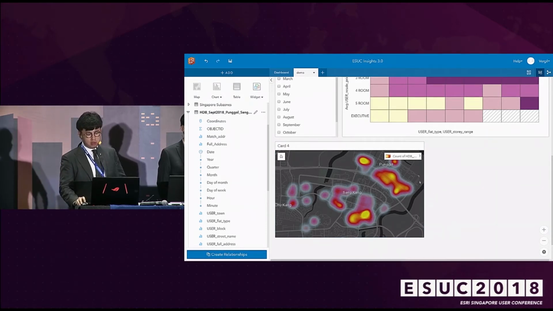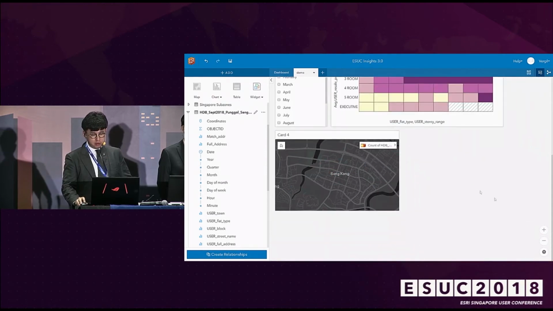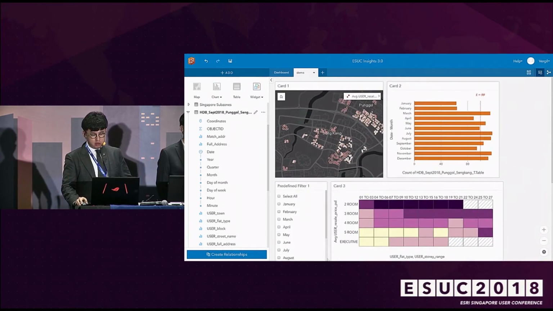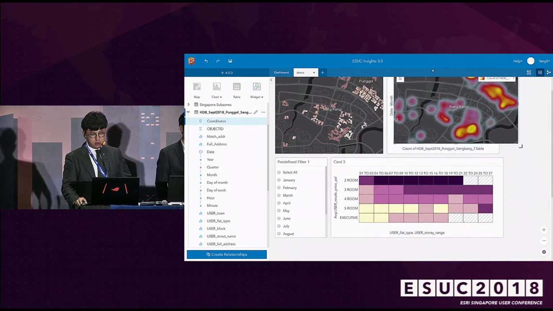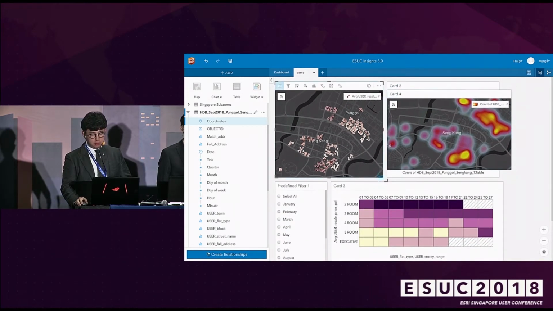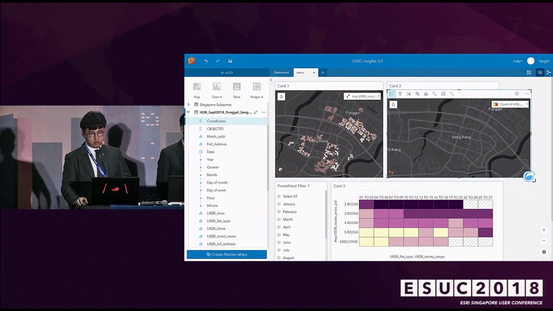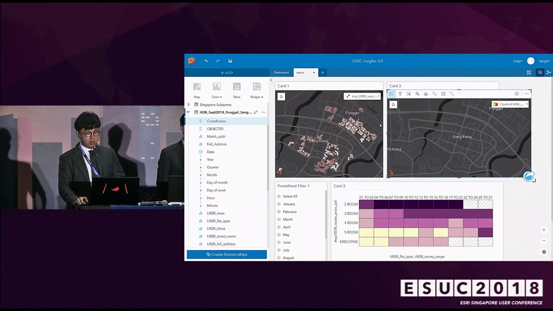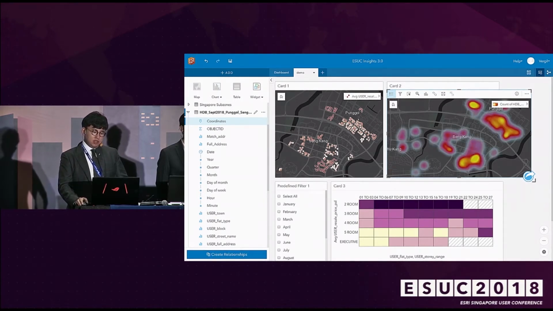So by having both maps right next to each other, if we just drag this next to here, we can not only examine the pricing intensity, but at the same time look at whether or not this is an area where a lot of sales are happening. So you can have a quantitative and qualitative view on your transaction data.